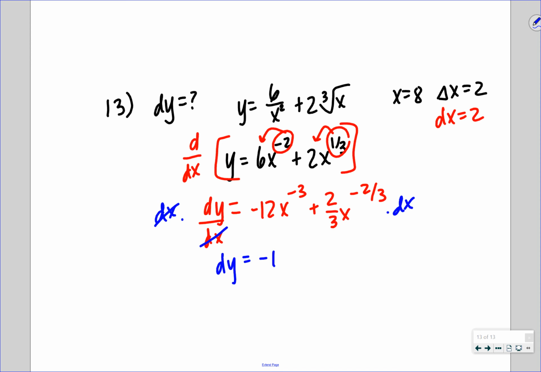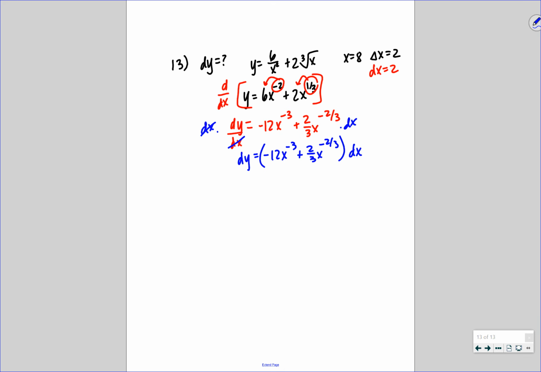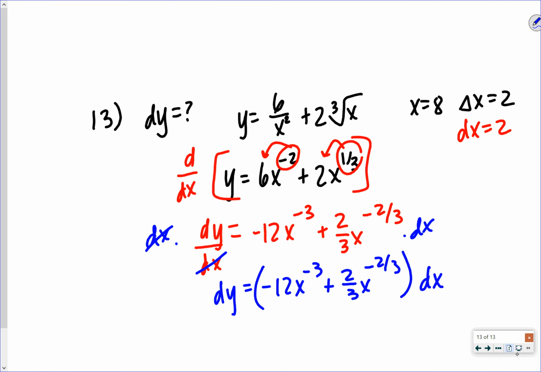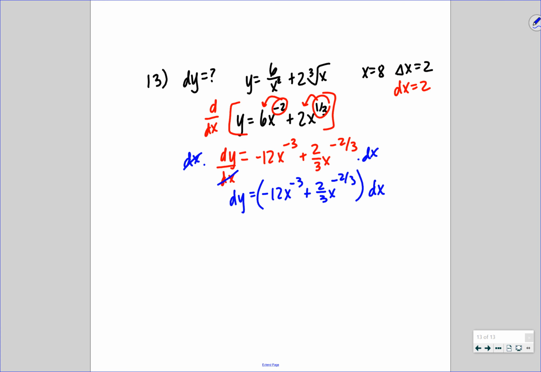dy equals negative 12 x to the negative third plus 2/3 x to the negative 2/3, times dx. I put that in parentheses because it has a plus sign, and all of it is getting multiplied by dx. So now I'm going to substitute in. dy equals negative 12 times 8 to the negative third plus 2/3 times 8 to the negative 2/3, times dx,